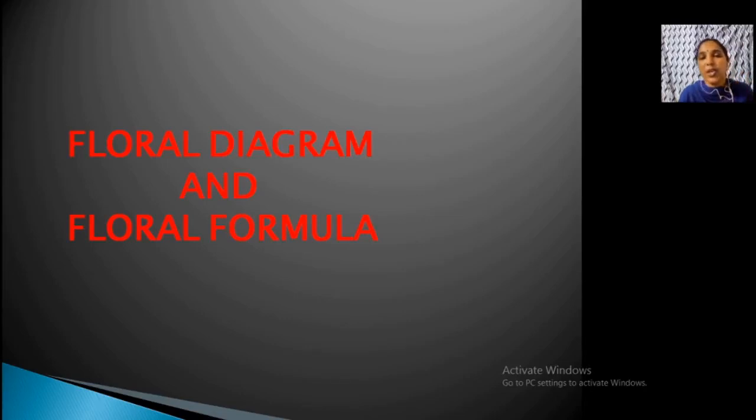So imagine you got a flower in your hand to describe it. You now studied the essential parts, non-essential parts, union of stamens, stamen with the other parts, gynoecium, conditions, fusion of sepal, fusion of petal, everything. Now, without explaining all this, you can display the features in a single diagram or a single formula. That is known as floral diagram and floral formula. Let us see how it works.